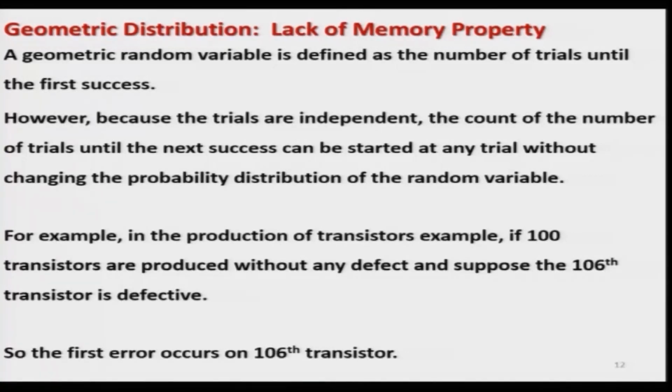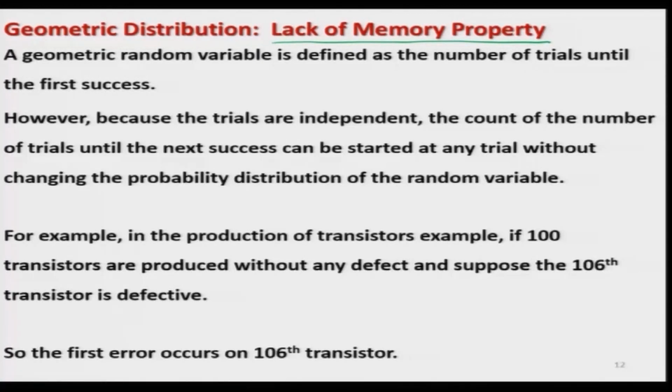Now, this geometric distribution has a very specific property which is called lack of memory. This lack of memory property is present in the geometric distribution, and we will see later that it is also there in one of the continuous probability density functions, that is, for the continuous random variable. So, what is this lack of memory property? The understanding of this concept is very important, and I personally believe it is really going to help you